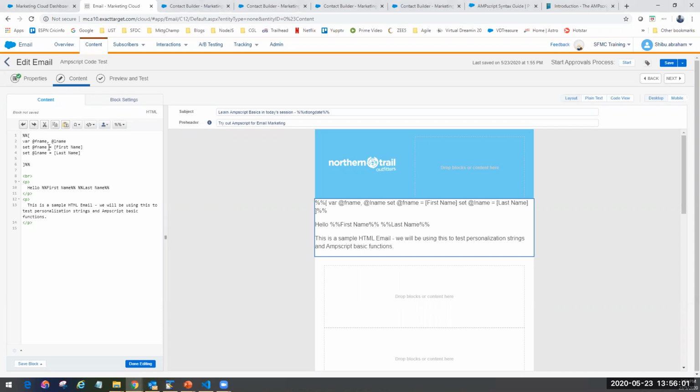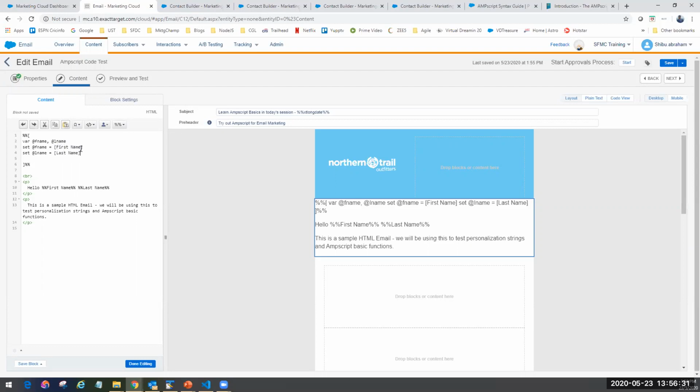When you were calling AMP script earlier, you were using the percentage sign, right? Because now you're already inside this percentage of AMP script, you should not be using percentage again over here for the personalization string. What you would ideally do is, if it was a single word, you can leave it as a single word. For instance, if it was just email, I would have just left it as email. But because there are two words to it, I use a block. So this is important for you to know, how do you refer?